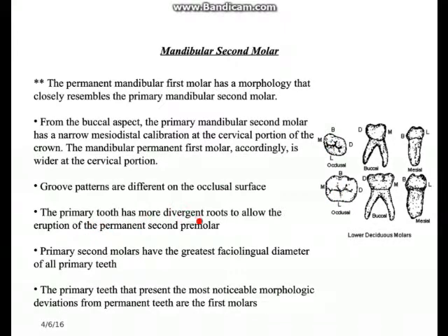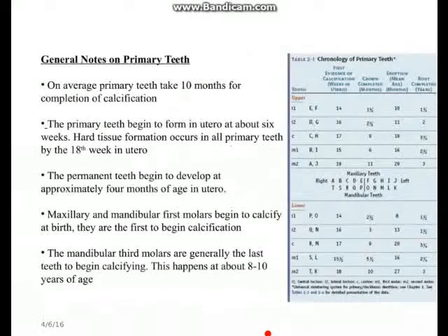The primary tooth has more divergent roots to allow the eruption of the permanent second premolar. That's why the primary teeth have wider and more slender roots. It's easier for them to be resorbed when the permanent tooth comes popping out, and poof, it pushes the primary tooth out. Okay. Primary second molars have the greatest facial